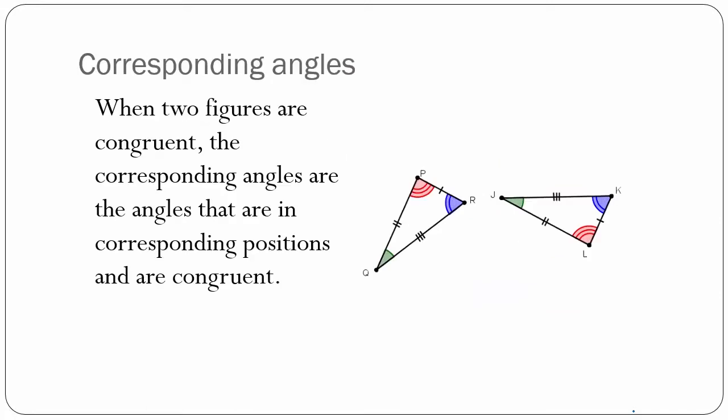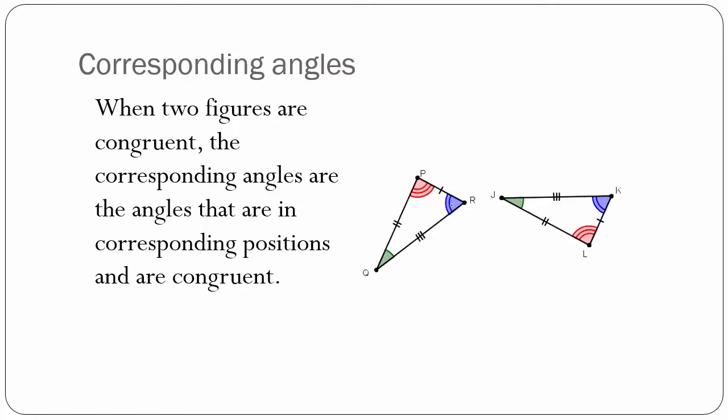Corresponding angles. When two figures are congruent, the corresponding angles are the angles that are in corresponding positions and are congruent. According to this picture, you can see that the green angles match in color, which means that these two angles are congruent. Also, you can say that they're congruent because they only have one arc on each of these